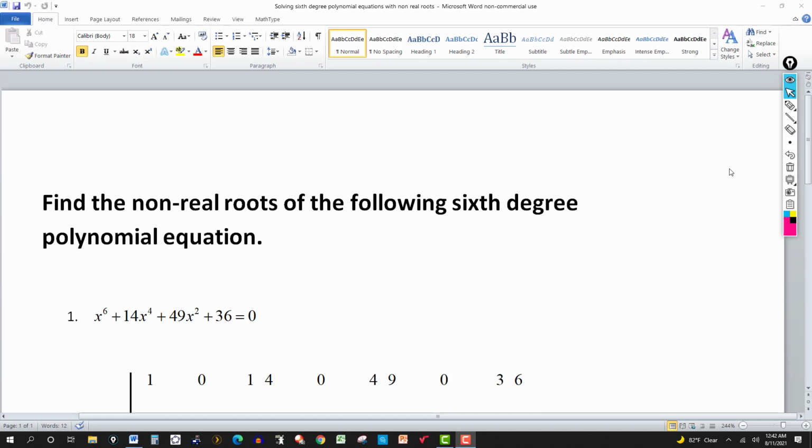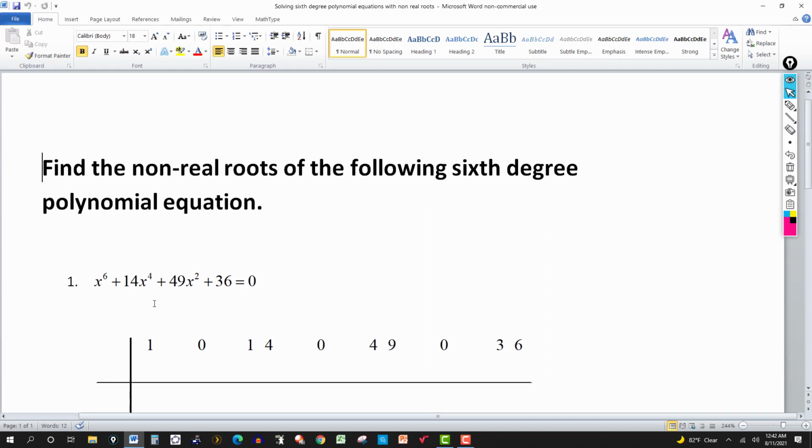In the last video, we looked at how to solve a fifth degree polynomial equation. We looked at two examples. They had real roots, and some of them were repeated, as many as 3 times. Now, if you're given this equation here,